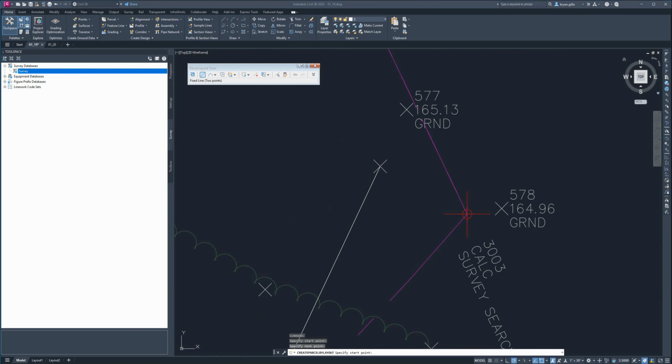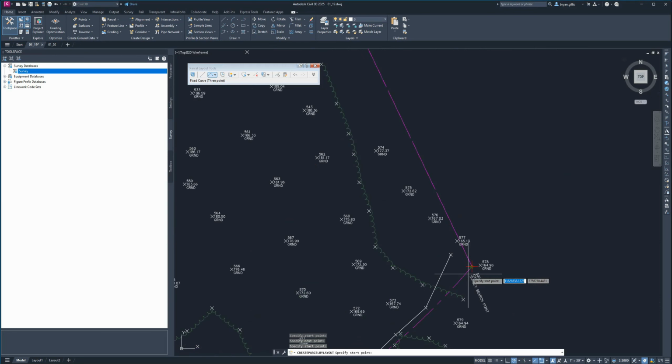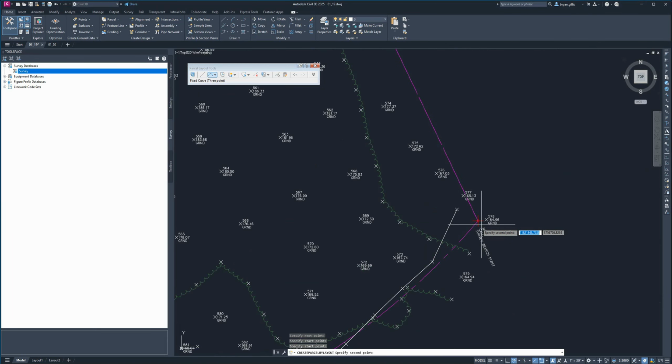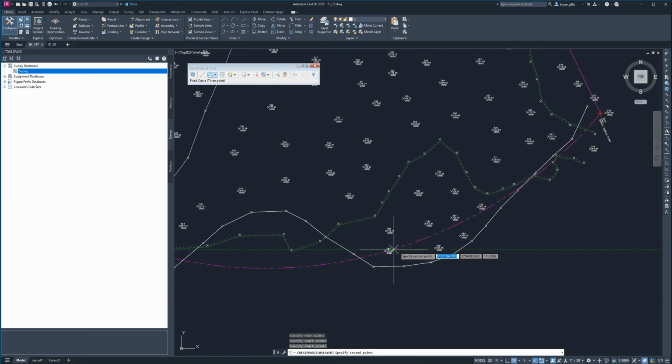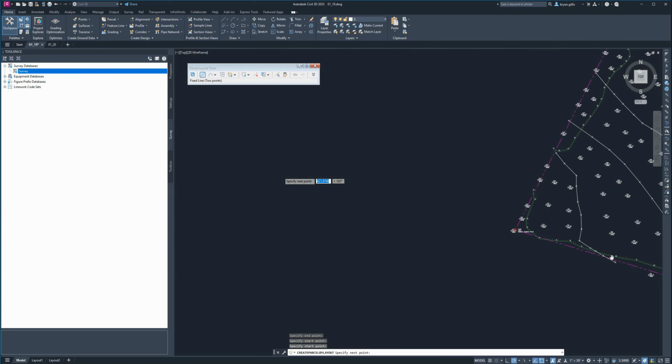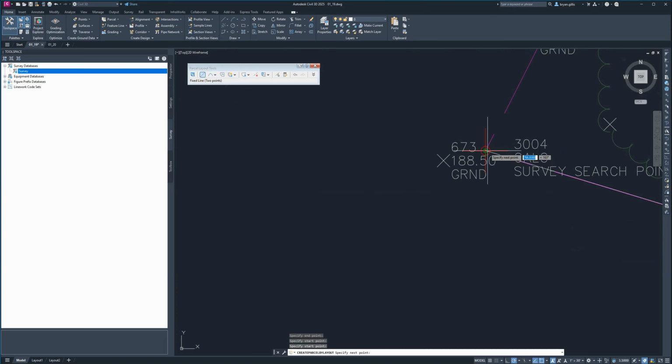Once that's done, we're going to switch over and do a curve. We want to make sure we do fixed curve 3 point. So let's take our previous endpoint, click that. And we're going to select the midpoint of this curve here. And then we want to find the endpoint, click that. Then we'll switch back to fixed line, click back on the previous endpoint, come to here, then repeat the process,